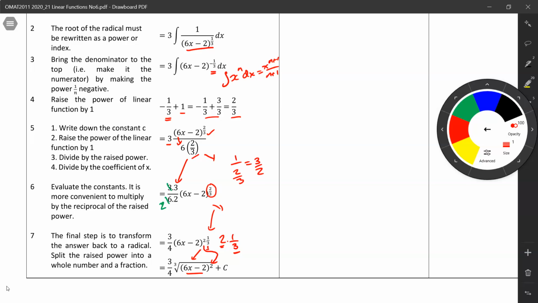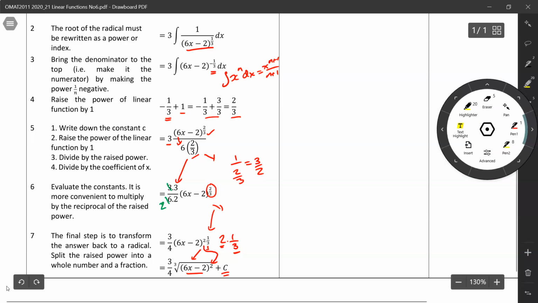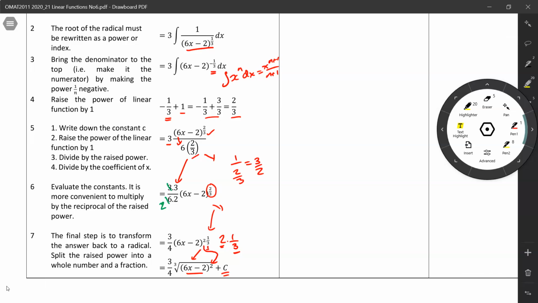So you can see here that we have a final answer. The integral of this function is 3/4 times the cube root of 6x minus 2 squared, plus the constant of integration. So if I apply now the same method to a new question here,